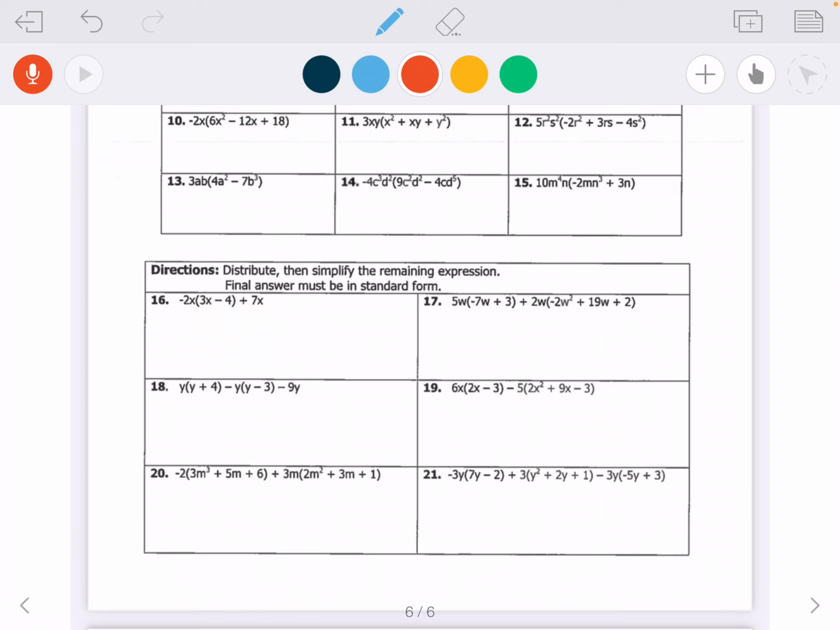So if I look at number 16, I need to multiply the negative 2x times everything that's inside the parentheses. So that's going to give me negative 6x squared minus 8x. That's what I'm going to get when I multiply the negative 2x. I still have this plus 7x over there. So now I still have some stuff that I can simplify. I can combine those x's. But keep in mind that the negative 6x squared should come first, and then I have minus,